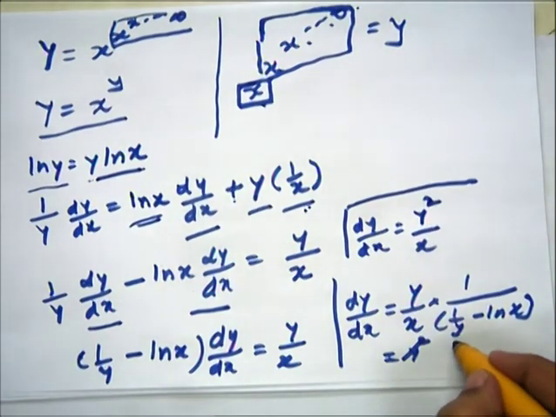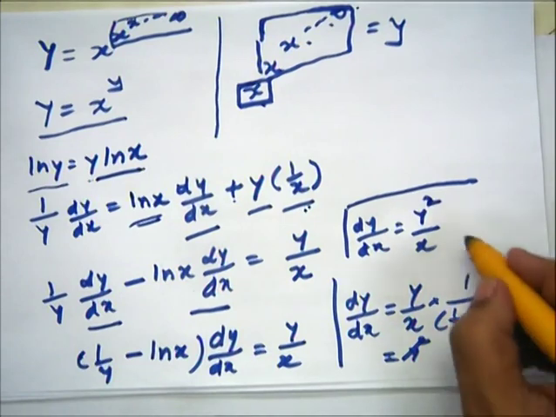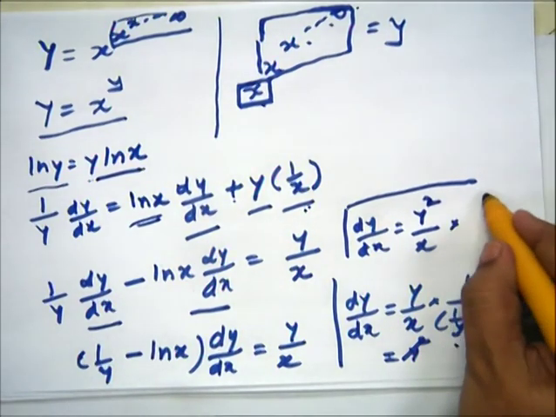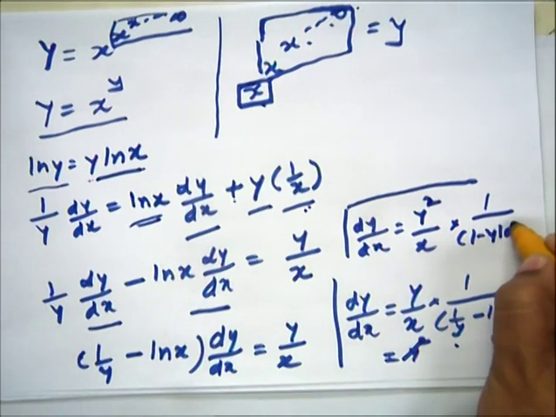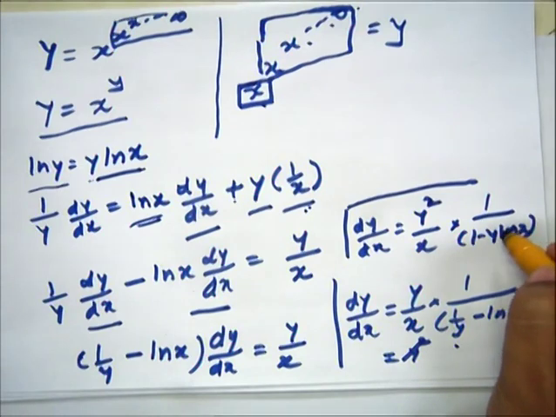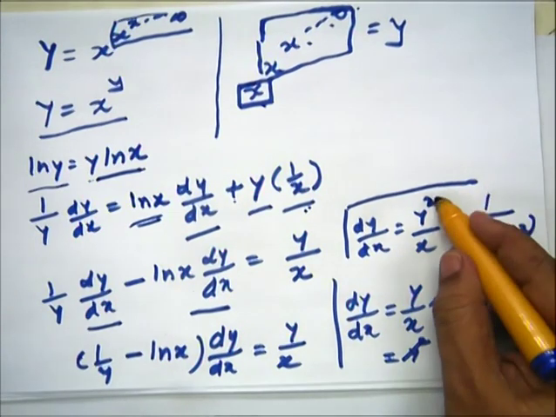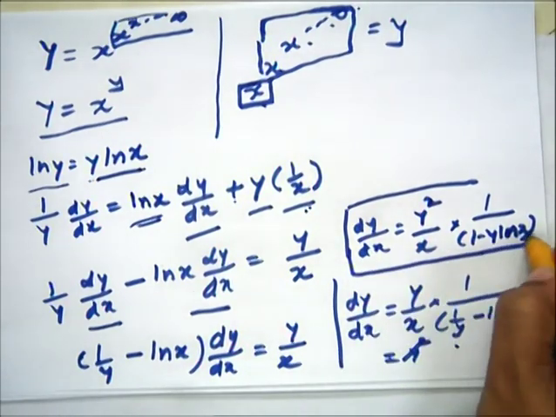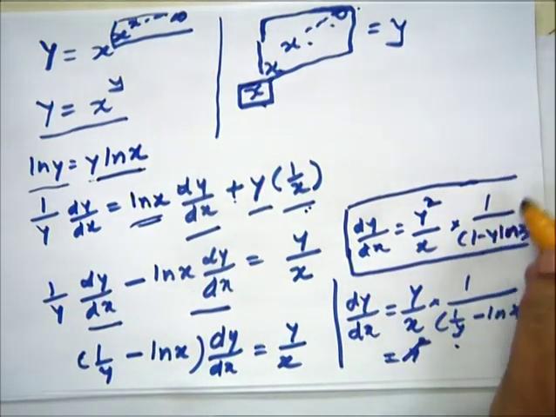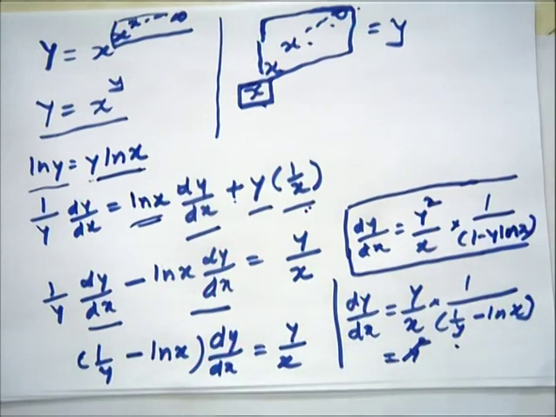This y we have taken as LCM, so it is 1 upon 1 minus y log x, and this y we can take in the numerator, so that is y into y is y square. So it is y square by x into 1 minus y log x. So here